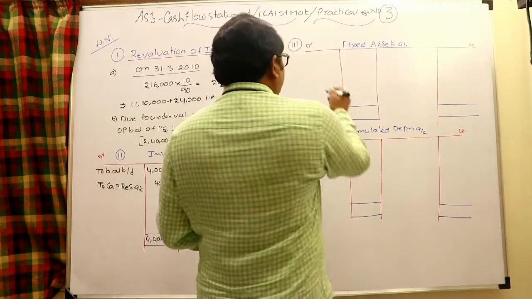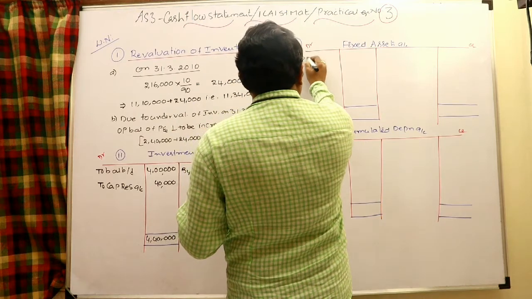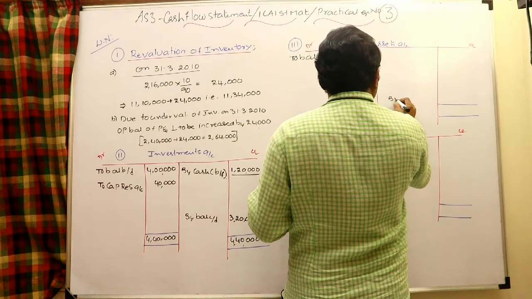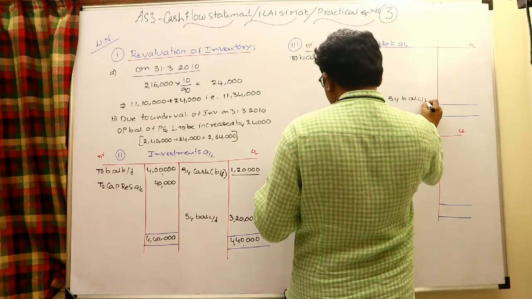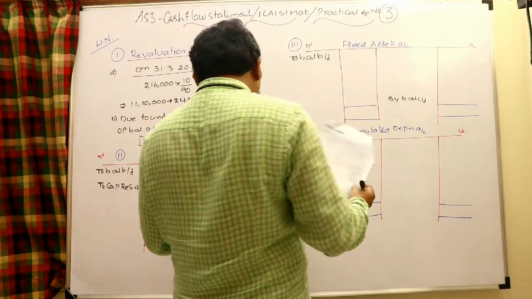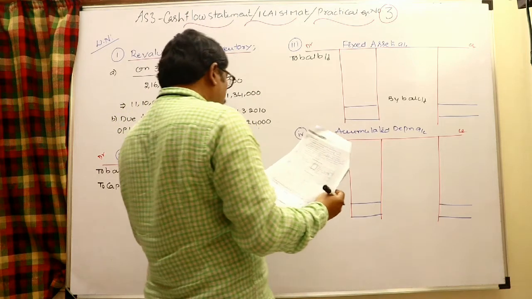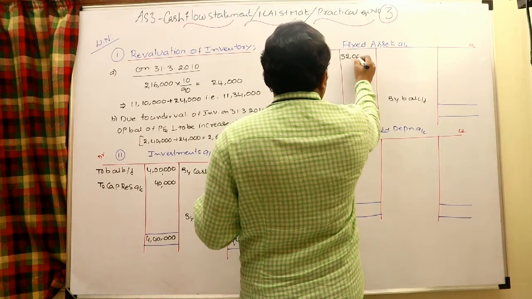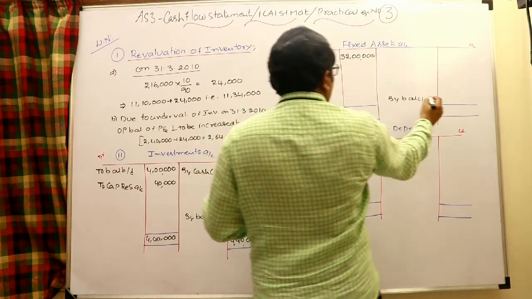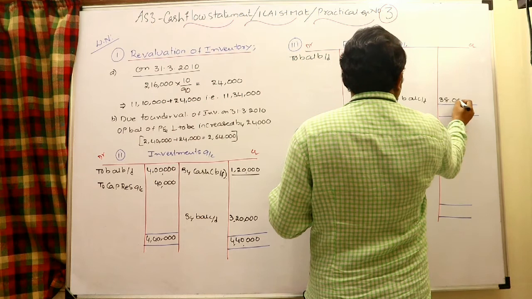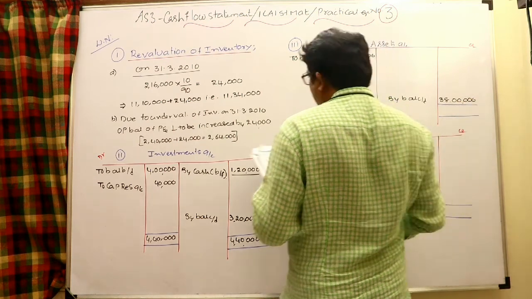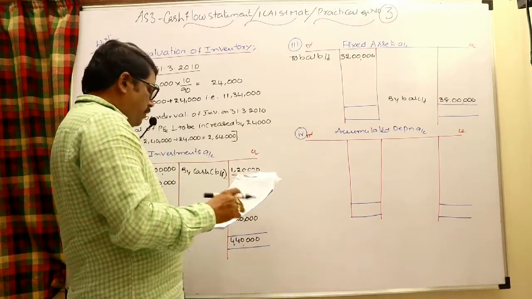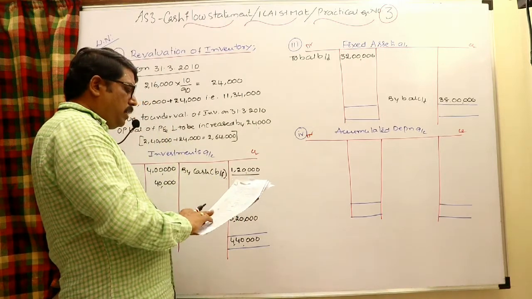Come back to the assets. I would like to take the opening balance and closing balance also, balance brought down and balance carried down. Check what the opening balance and closing balance of fixed assets given to you are: 32 lakhs as well as 38 lakhs. And next you are given some adjustments related to this. Let us work that out.